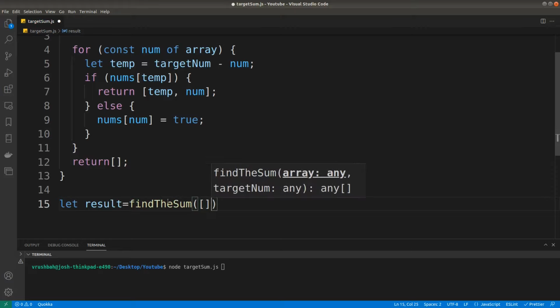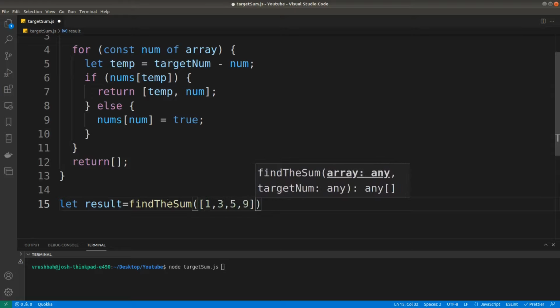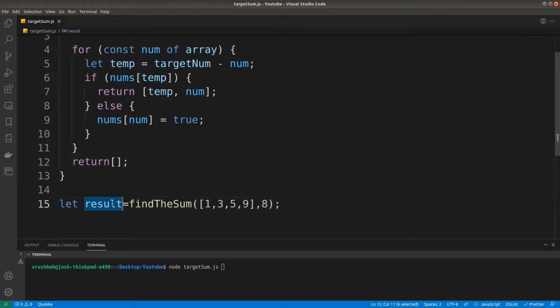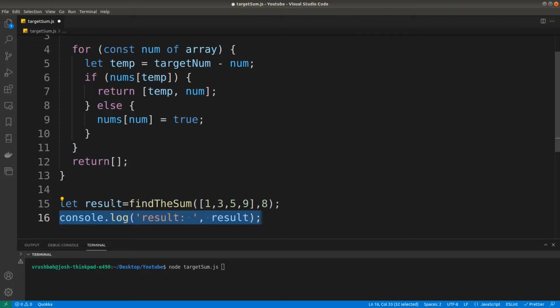We'll be passing array 1, 3, some random numbers 5, 9, and the target sum would be, let's say, 5 plus 3, 8. We'll be console logging the result. Let's run the program, and yeah, we got the result, that is 3 and 5.